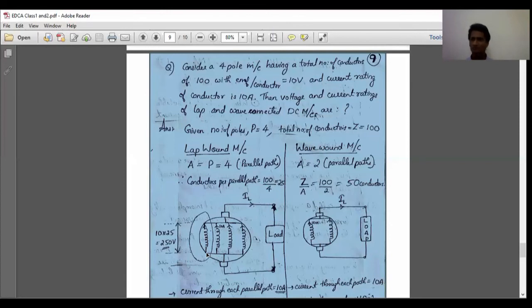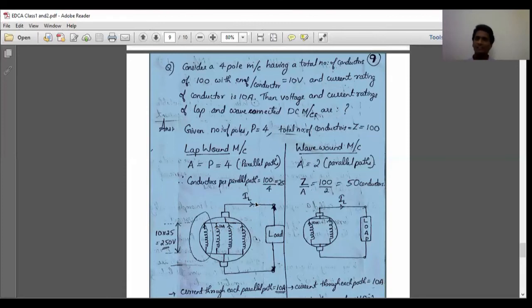As we know, the current through a series circuit is the same, whereas in parallel circuits it divides. There is an example here, as we said before: 10 ampere is here, 10 ampere is here, 10 ampere is here, 10 ampere is here, and it is reaching here as 40 ampere. So here the current is divided, and here it came together to form 40 ampere. So in parallel paths, currents are not equal and get added up.